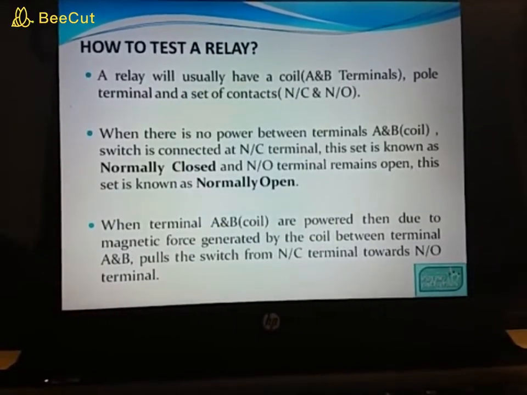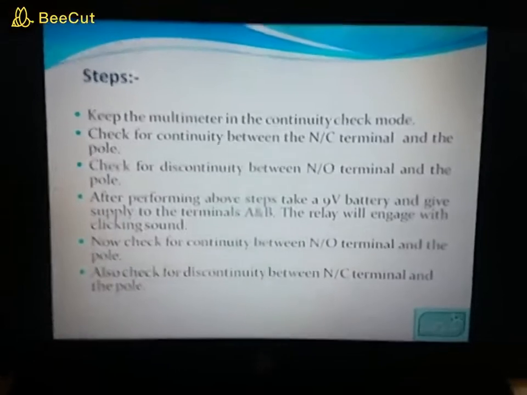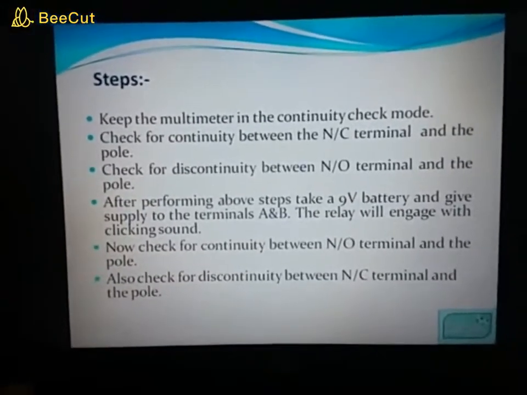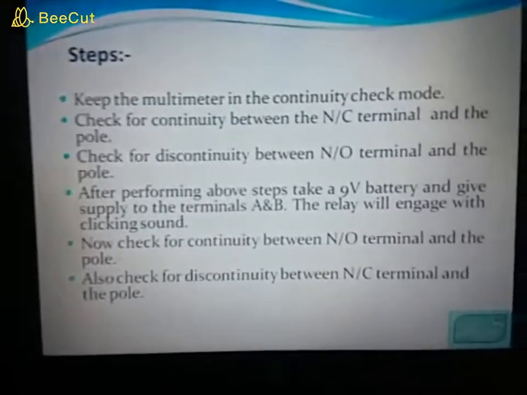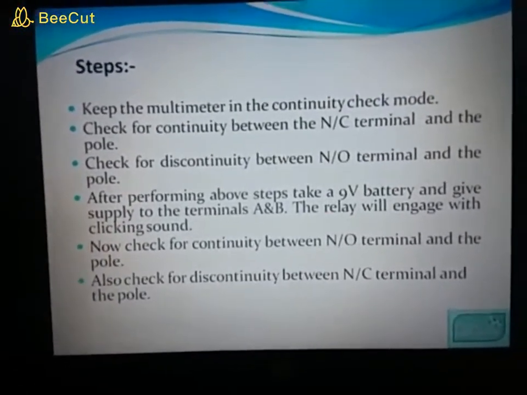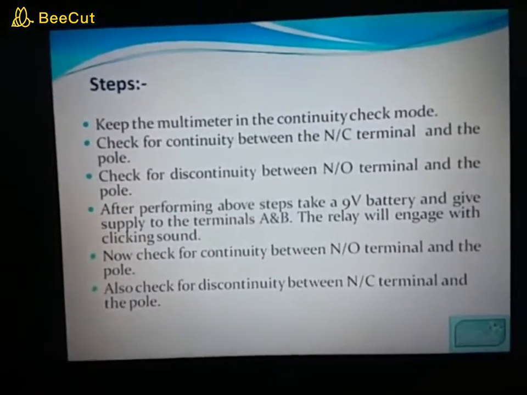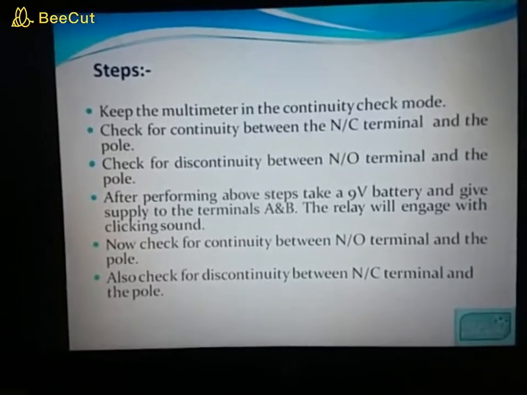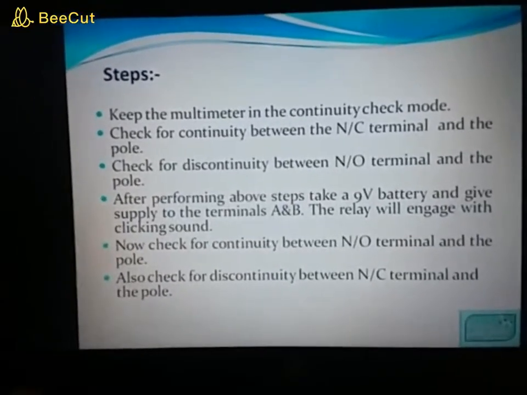Then how to test a relay? It's very important. Now take the multimeter and place the knob of the multimeter in the continuity check mode. The continuity check mode has a Wi-Fi like symbol. Please place the knob at the continuity check mode.